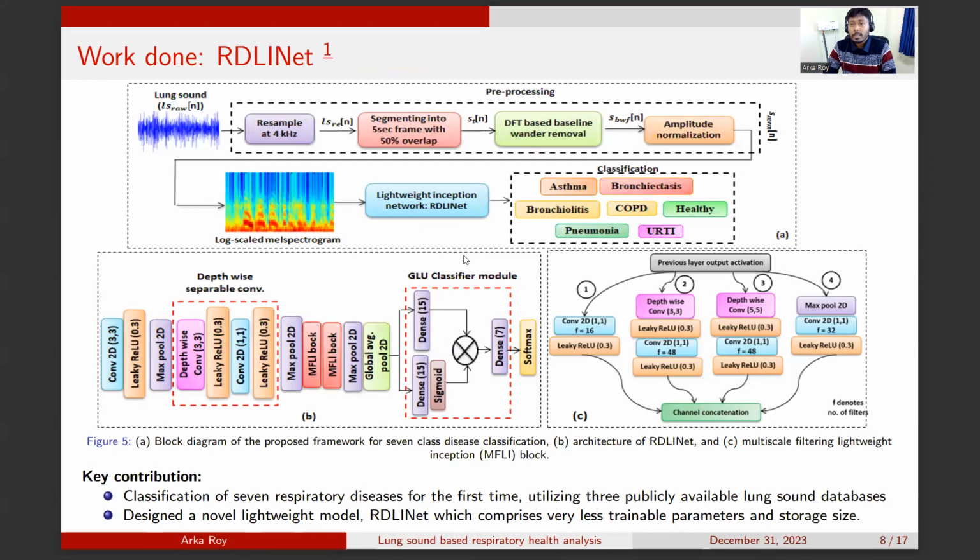So let us start with the work that we have done. This is the first work, which is called RDLI-net. It stands for Respiratory Disease Detection using Lightweight Inception Network. So the work actually starts with